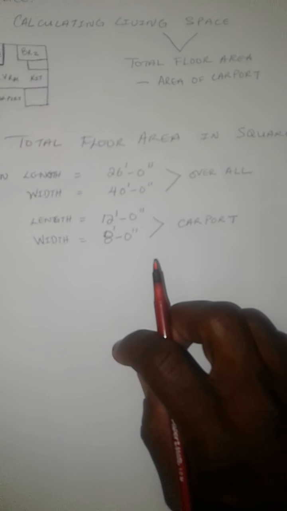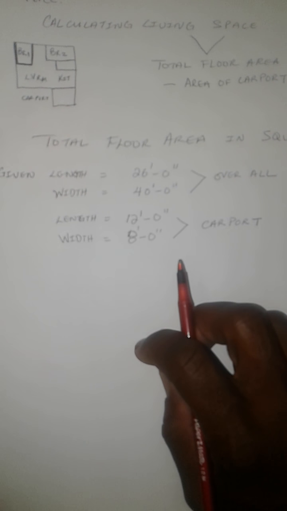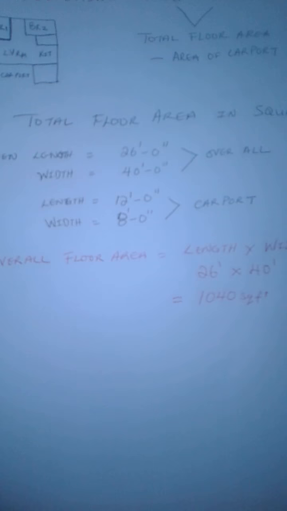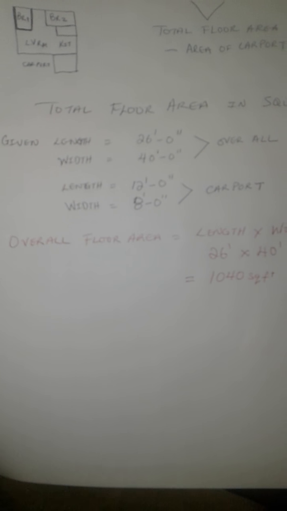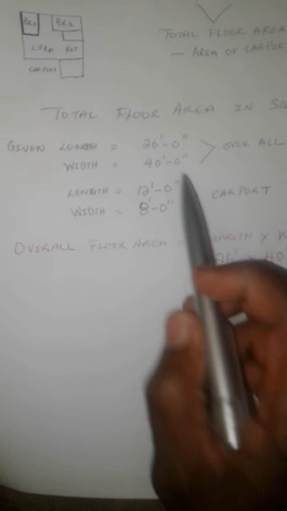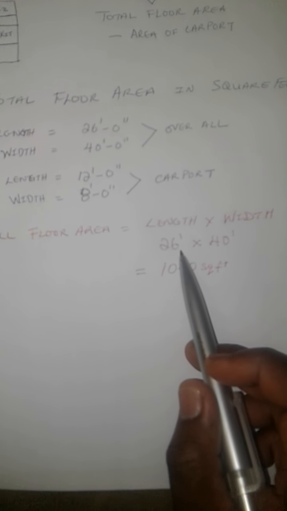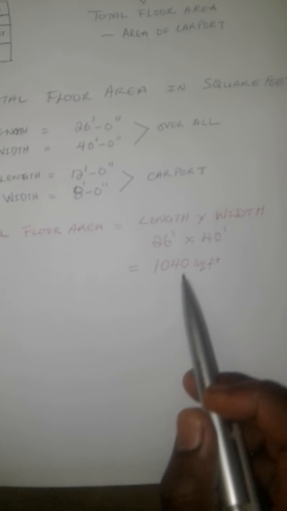So we will begin by calculating the area of the overall building. Now, the overall floor area would be taking these measurements and multiplying them together. So the length times the width would give us 26 feet times 40 feet, which gives us